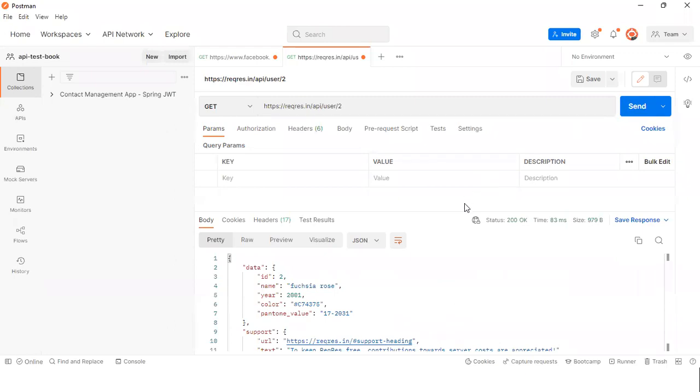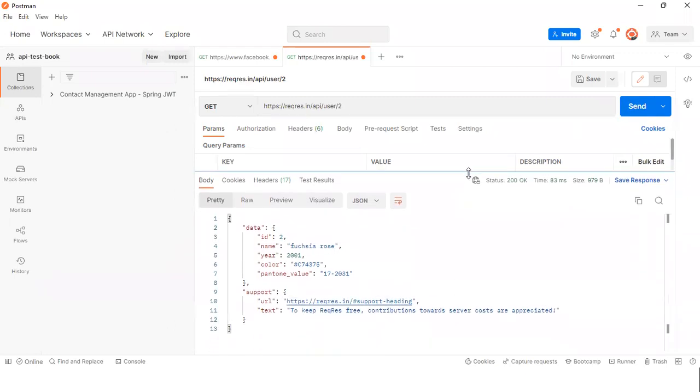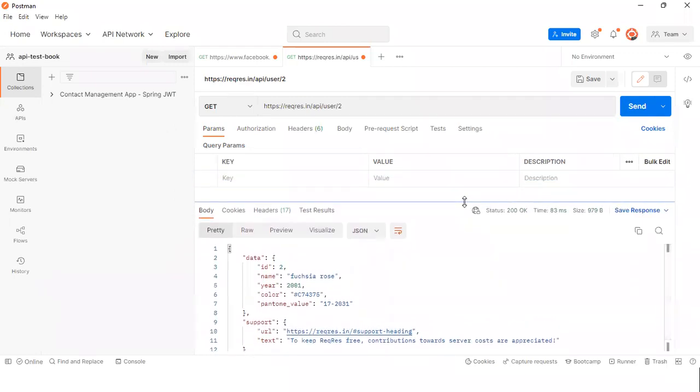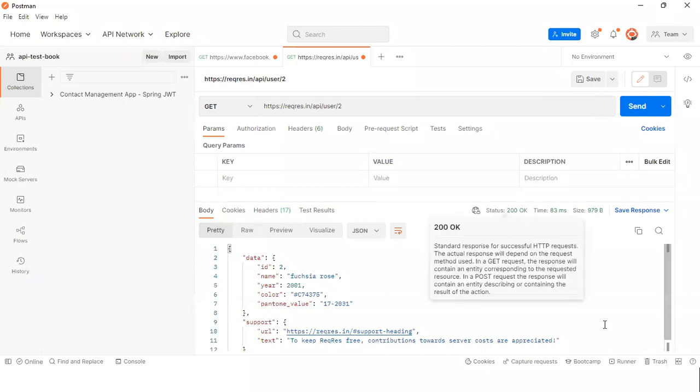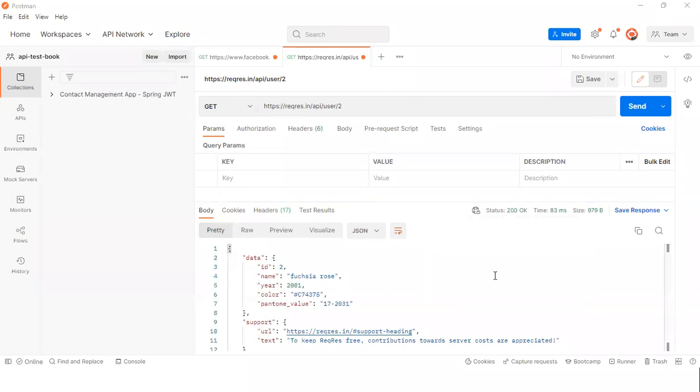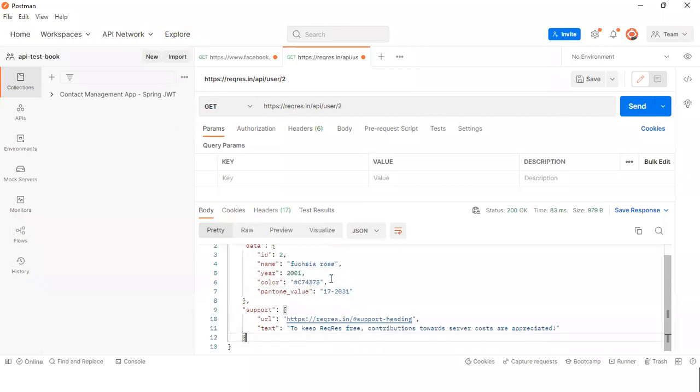Okay. So if I'm doing this, I'm able to get the detail. It is showing me 200. Okay, and I'm able to see the data that ID 2 has a name, some name, Rose, and year 2001, color, some detail about that user. Okay,